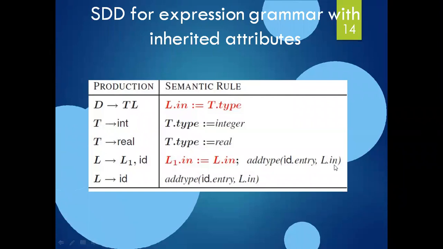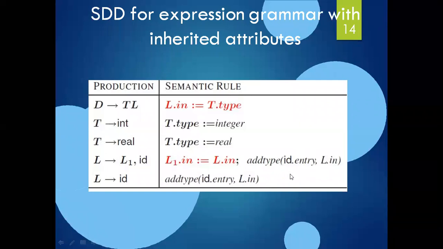And in the next slide, I need to generate an annotated parse tree. For the annotated parse tree, I need to generate an input string like real id1, id2, id3, right? So for that I am using these identifier entries. What it means is, identifiers may be id1, id2, id3, or directly we can take them as variables like a, b, c, inserted in the symbol table at the corresponding id.entry.